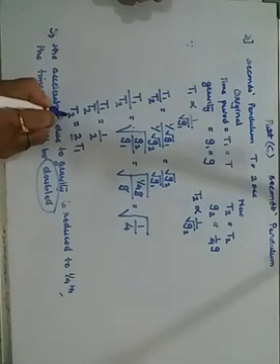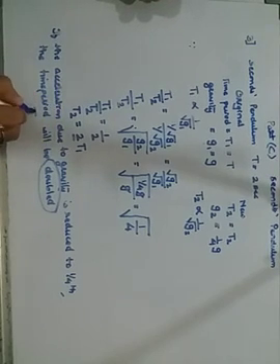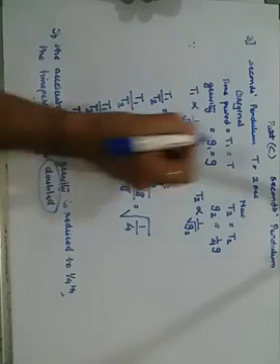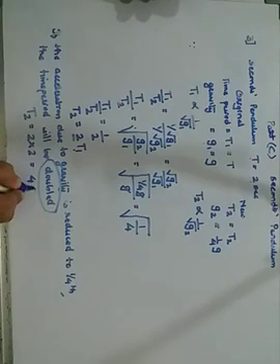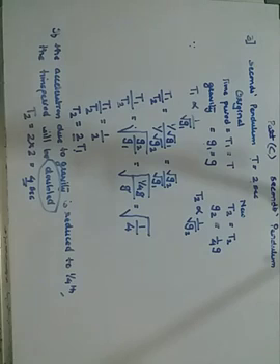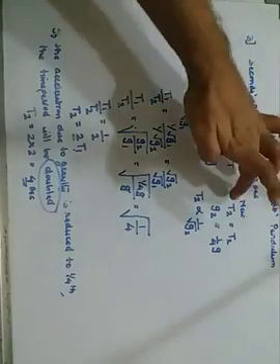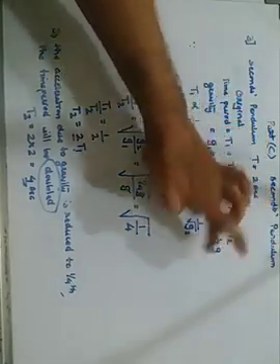So the new time period according to this will be T2 is equal to 2 into the original time period. The original time period was 2 seconds, so 2 into 2 is 4. So your new time interval is 4 seconds. Getting it? This is about the seconds pendulum, where originally the data was T and G, but when it was shifted to another place, we consider it as T2, and the gravity has become 1/4 of the original.